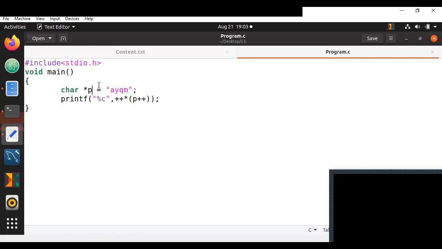Think through and let me know. Take a minute of time if required and let me know, because this is a very important question for us to understand. Because yesterday we went through some basics, we did not go through pointers. Today we will go through pointers.